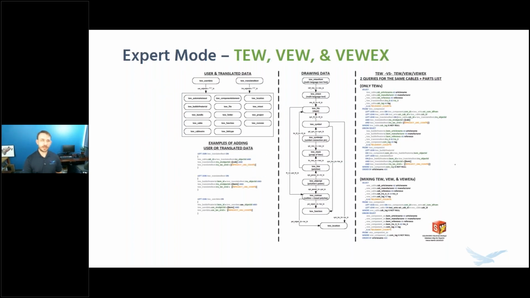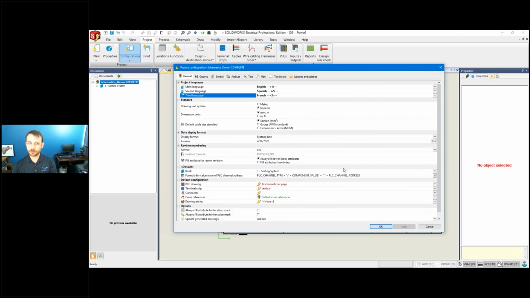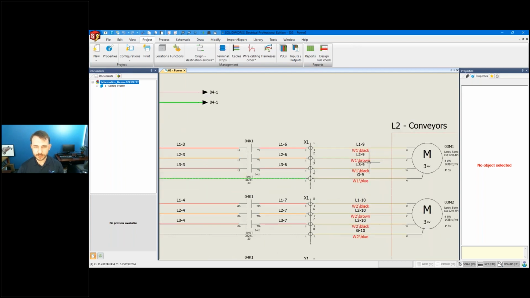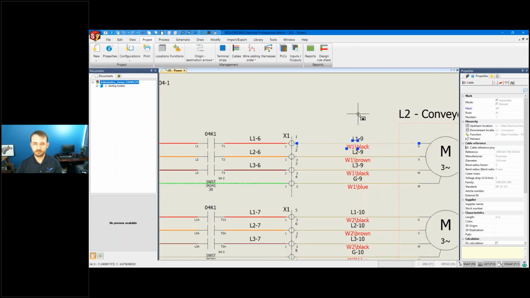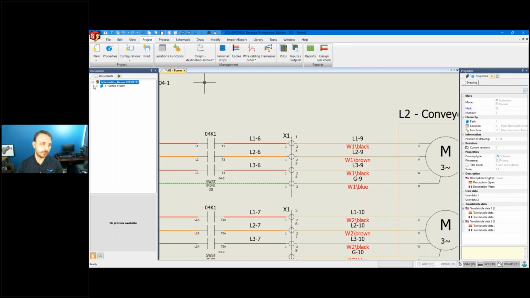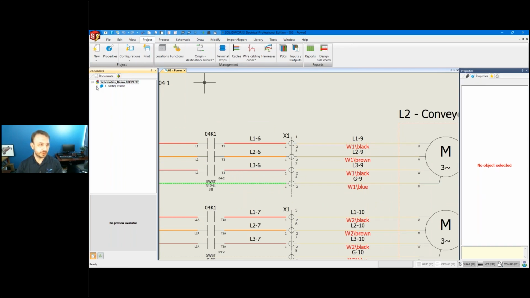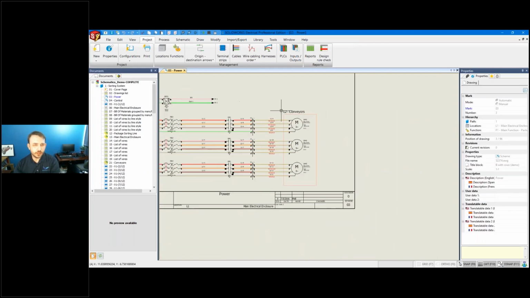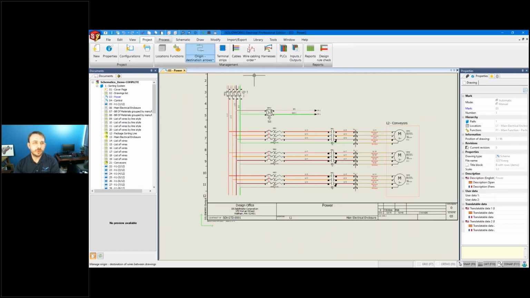So let me go back to here in this expert mode before we get through this. Let's take a look at a potential report that you may want to write. And this is one of the ones I talked about earlier was, let's take a look at, I want a report that tells me everywhere my cable shows up, every drawing that my cable shows up. And that could include, see if I've got it in here. I don't have it in this one. Let's see. This project, but let's take a look at it. Let's go into our reports. So if we go to our reports manager here,